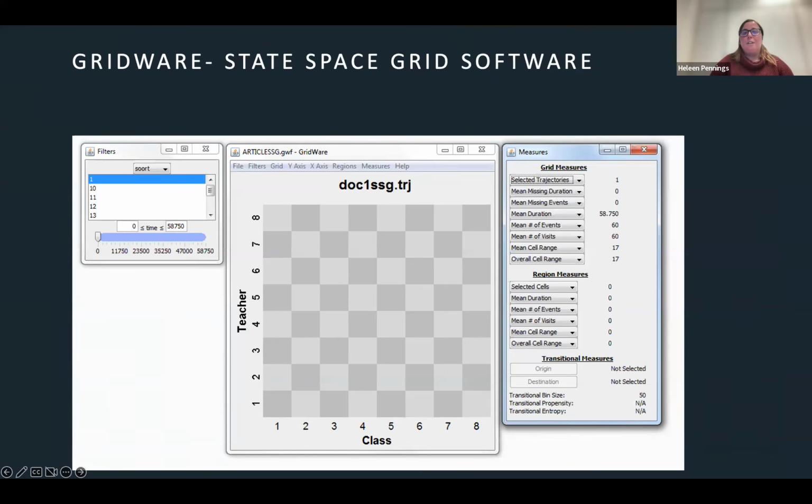You can choose which trajectory you want to show, because you can put multiple in there at once. So you can also compare, for example, two or more trajectories with each other. You can set colors to each of the trajectories. We will see an example of that later. And on the right, there's a screen with grid measures, which I will explain more about.